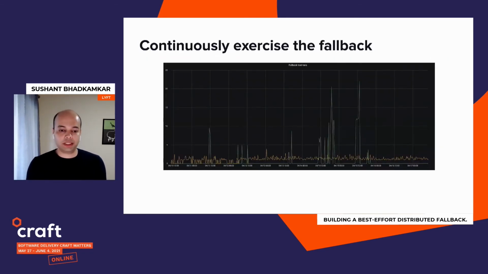And then we also run acceptance tests continuously in our system. So basically, what this chart is showing is that for a certain percentage of requests in our staging environment, the fallback mode is being executed. So this does not test the triggering mechanism, but this tests the fallback response.